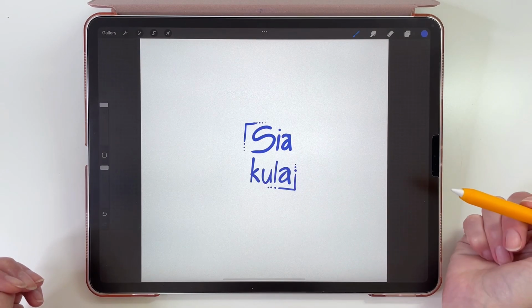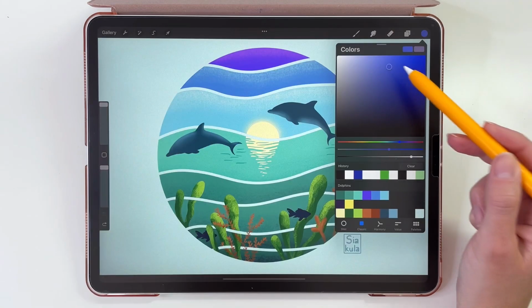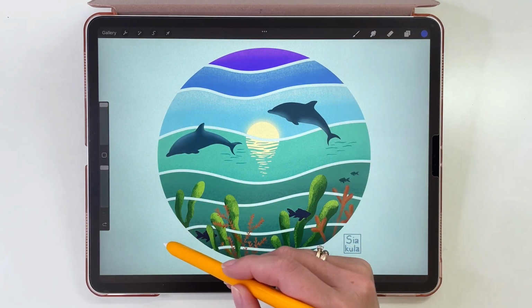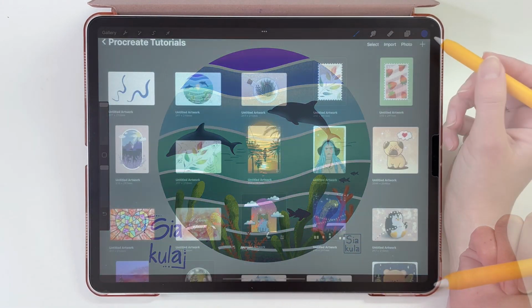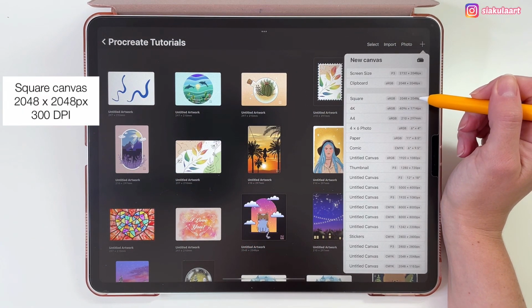In this video, I'm going to show you how to create a signature stamp brush like this. This way you can sign your illustration with one single tap of your pencil. Let's start. To make a brush like this, we are going to make a new canvas, the square canvas from